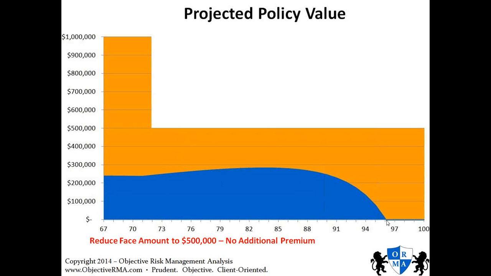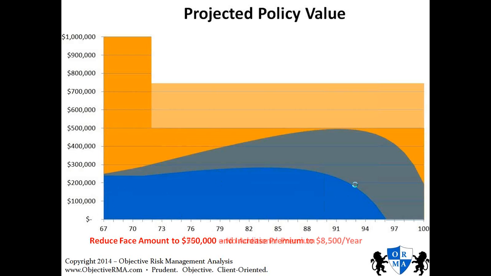Because the face amount is reduced, the policy is healthy and it goes out to age 96. I can do a hybrid approach where we pay additional premium and we reduce the face amount, and we can see how that plays out in terms of what the longevity of the contract will be. And you can see that it is a very healthy contract in terms of policy value. You can see that of all of them, this policy value grows and maintains the longest.